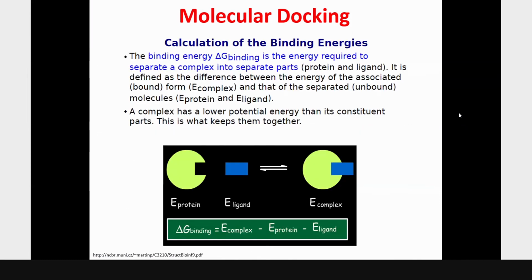So last time I gave you this simple formula: delta G is equal to E complex minus the summation of individual energies of both the protein and ligand. I said this is nothing but your score. Score means how you are estimating actually the delta G value. But if you want to estimate the score accurately,